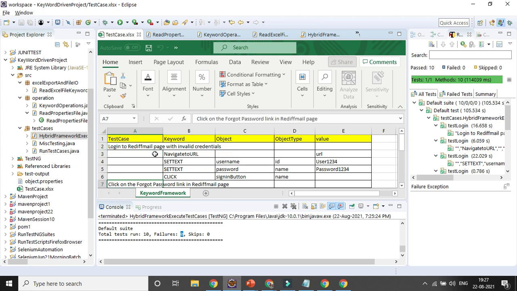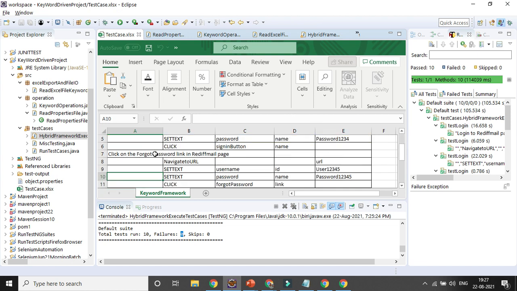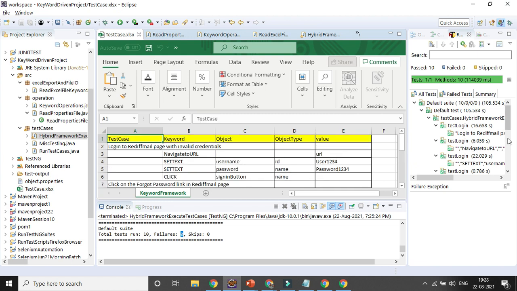This is the first test case, there are 5 steps including the test case's description. For the second test case there are also 5 steps. So that is the reason it is considering 10 steps. You can see here, right, that is the 10th step, and if you go to the console, for each and every step you will get the details,